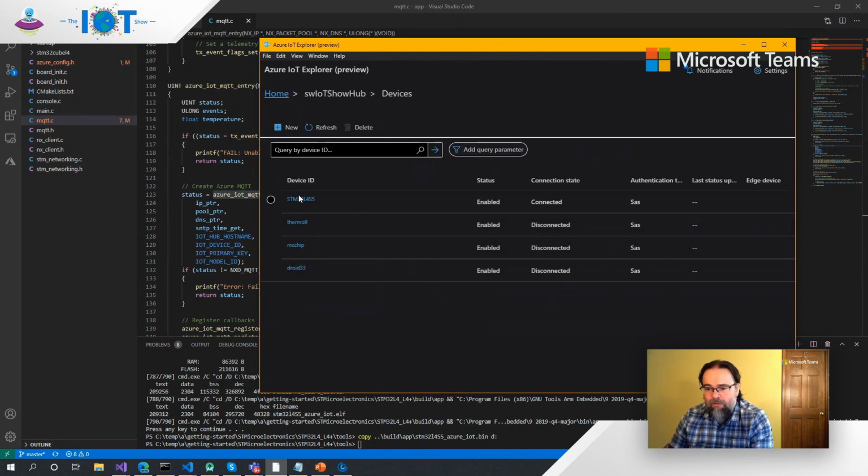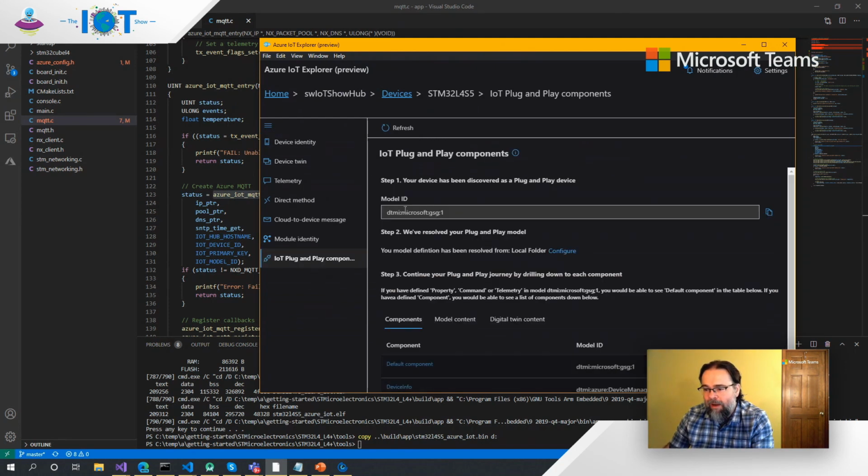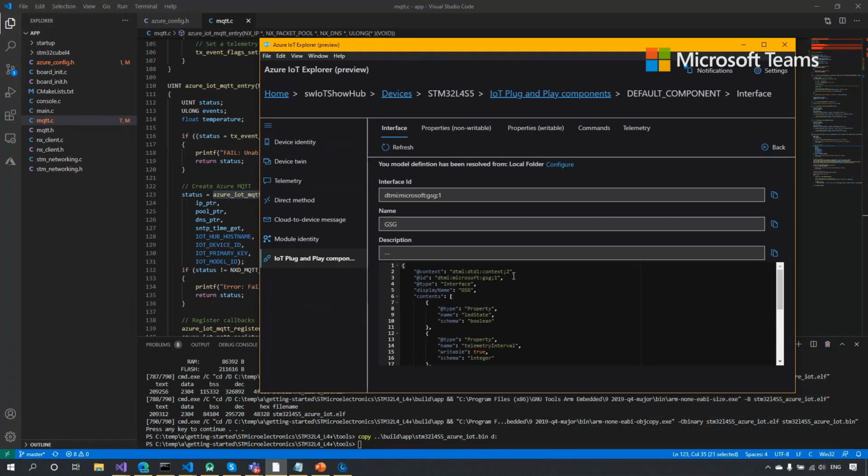And so here you see the first one is actually my STM device. It says it's connected, so that's good news. So here I can go ahead and explore my model and explore all the different properties, telemetry and commands, and